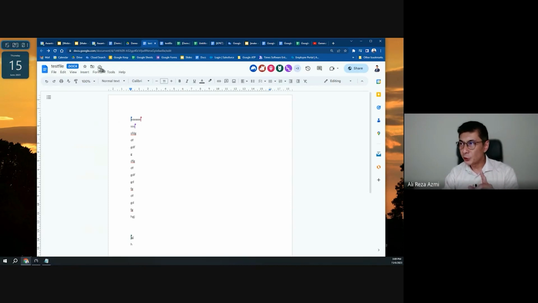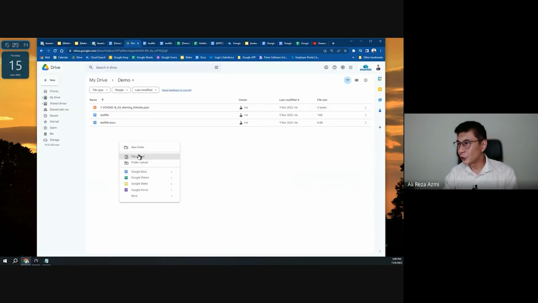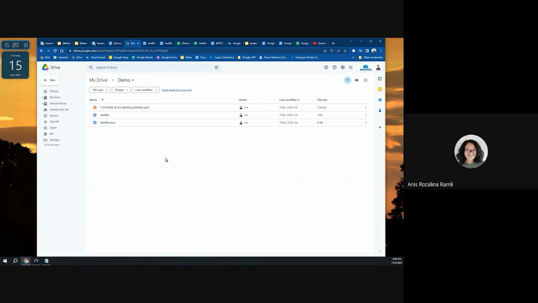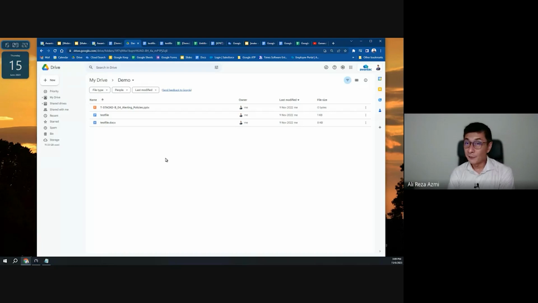But Anis, you should have a top button up here which says add a shortcut to your drive. Do you see that? Yes. That's how you do it. So in your folder, you probably see a shortcut. But it's in your folder. Shortcut is in my folder. Yes. If it's in your folder,